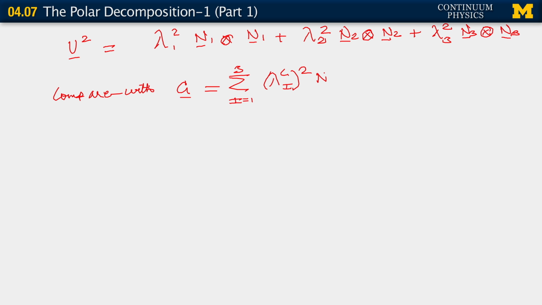Now, I wrote ni tensor ni, and you may have thought that I already knew for some reason that the n's are going to be the same between C and U, but we don't need that. Let's suppose that we just had nCi as the eigenvectors of C. When you compare the two of them, and given the fact that the spectral decomposition is unique, because the eigenvalue decomposition is unique, what follows is,